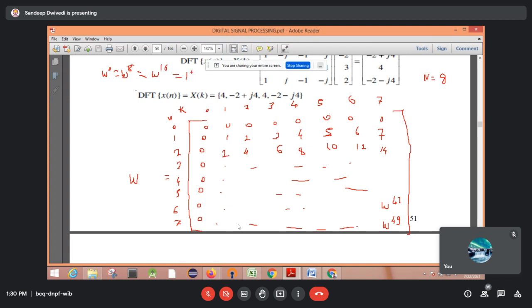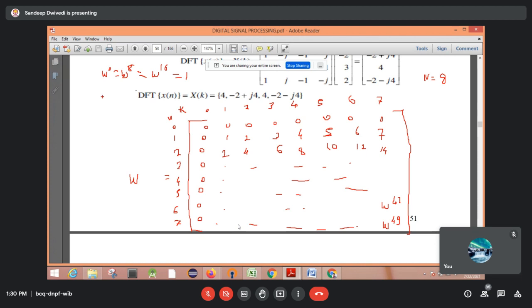Okay, that's why in the difference of 8 all the powers will have the same value. Okay, so w raised to power 8 is here, and somewhere 16 must also have come. Where will 16 come? 4 into 4, so this will be 16. Okay, w raised to power 16 will be there over here, so that has the same value. Then w raised to power 24 also will be there. Where will we get 24? 6 into 4, so this element will be w raised to power 24, so that also has the same value. Okay, then 32 is there. 32 probably will not come anywhere.